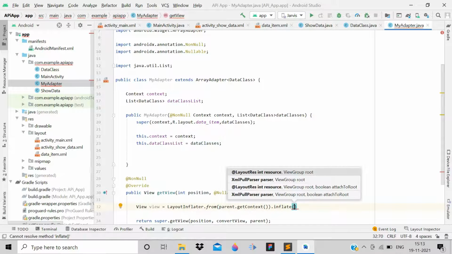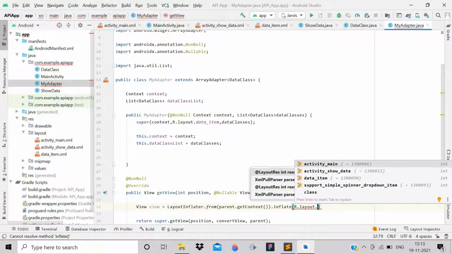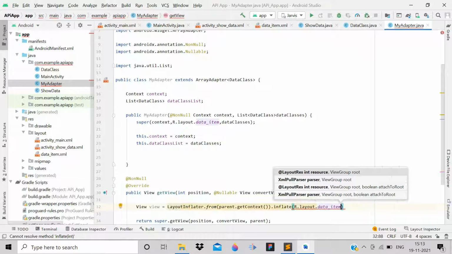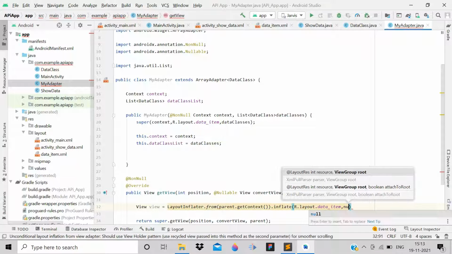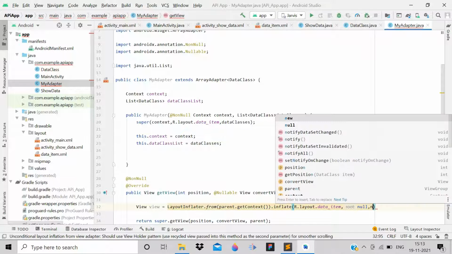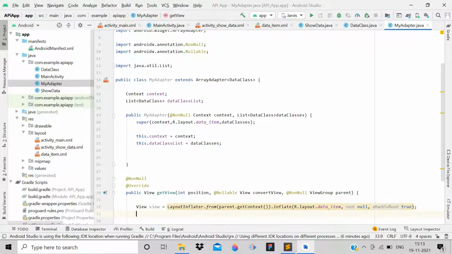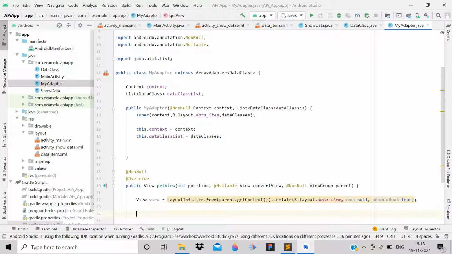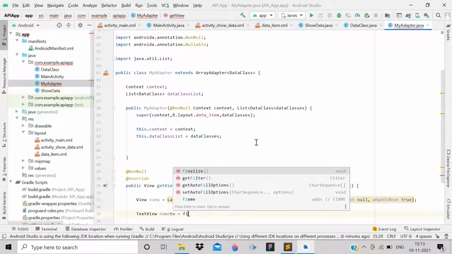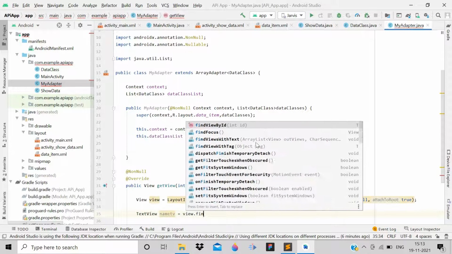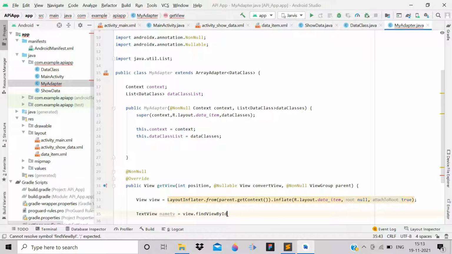Now you have to pass the layout file R.layout.data_item, and then after that two parameters: null, another one again true for attaching to root, and now semicolon. Now after that we have to work with the text views. So simply write nameTv = view.findViewById(R.id.nameTv)